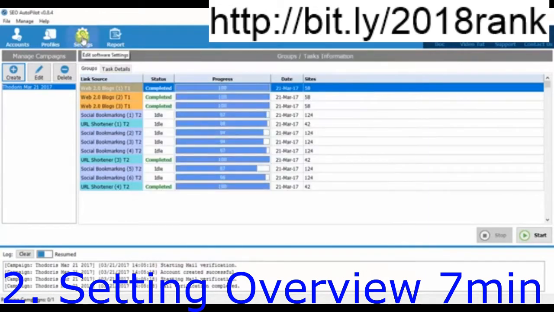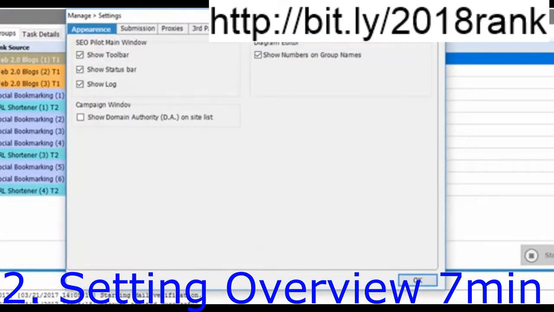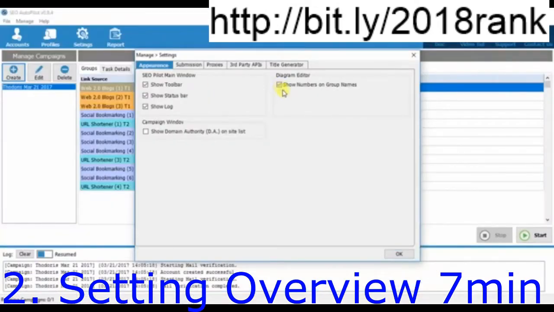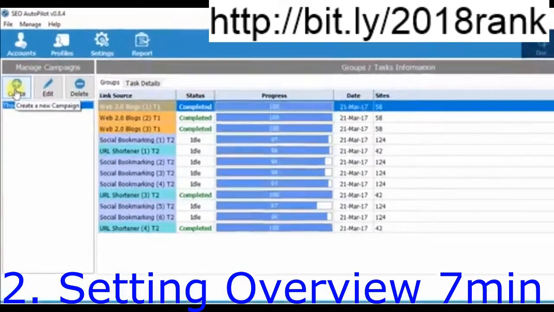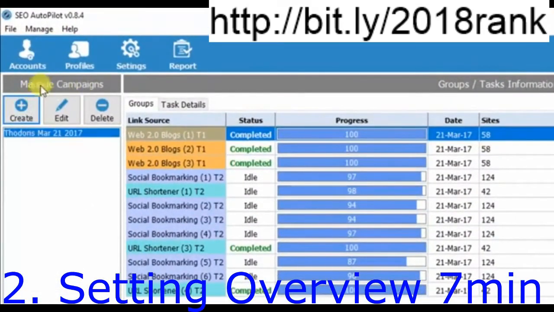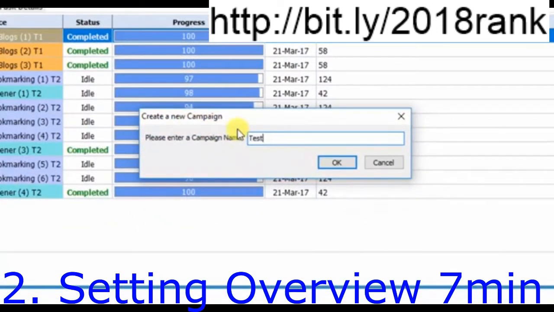The last option is about Diagram Editor. What it basically does is display the link group number on the editor. Let's see an example with the option unchecked. On the Manage Campaigns field, we click Create. Give a name to your campaign,